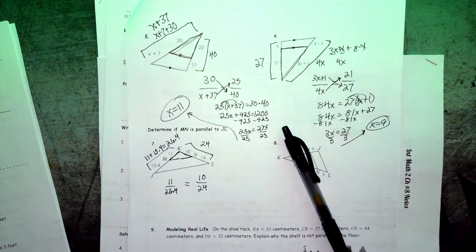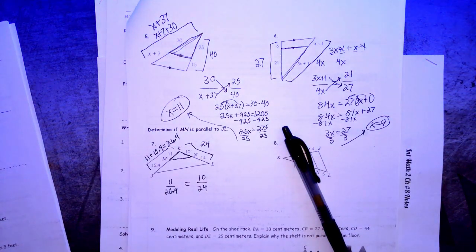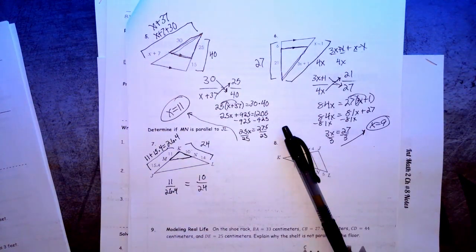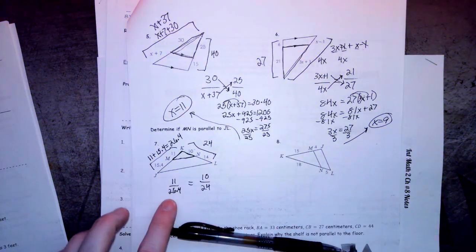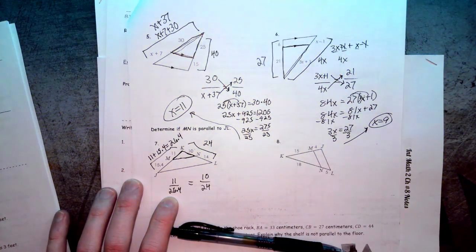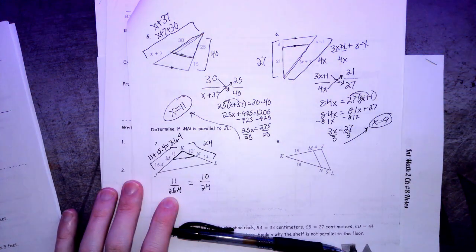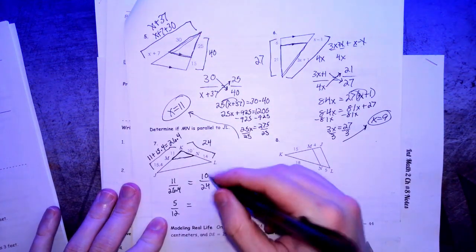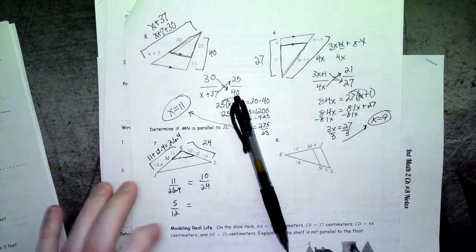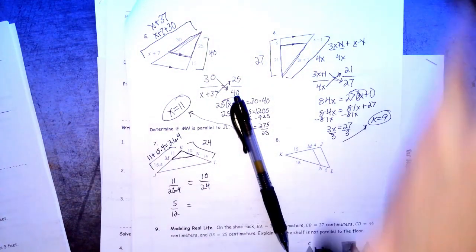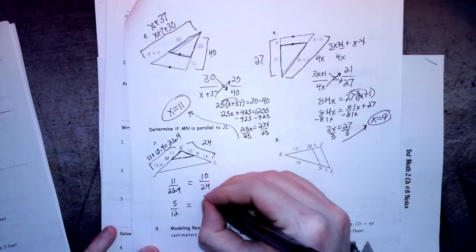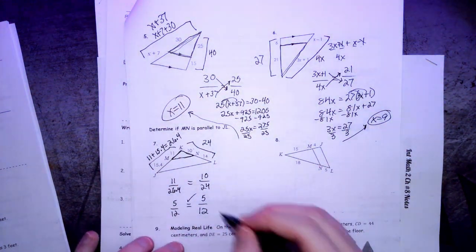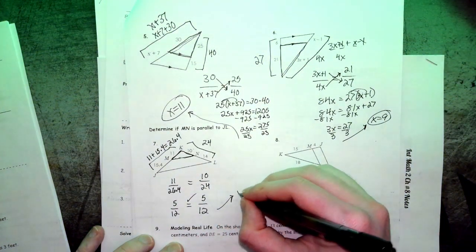So, for example, if I type in 11 divided by 26.4, and I know you can't see this, but I am typing this right into Desmos, and then hit the little fraction button, that does give me 5 over 12. And if I do the same thing for 10 over 24, 10 divided by 24, hit the fraction button, that does give me 5 over 12. So because these are in fact equal, they are the exact same fraction,